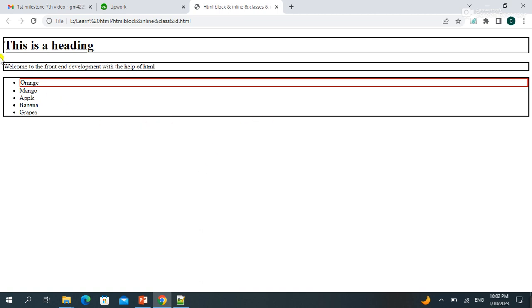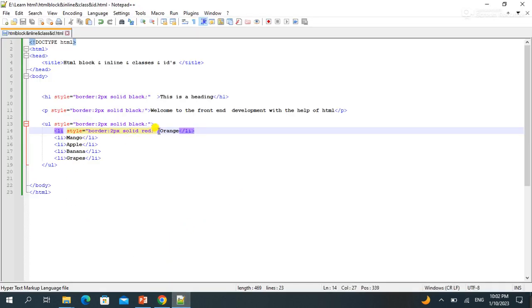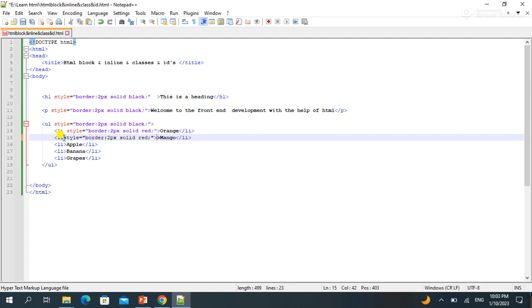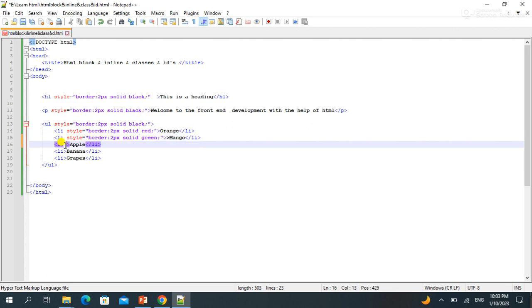Now you can see inside unordered list we have red color border that started from this bullet and contains total width inside the unordered list. It is also a block level element. If I set inline styling to other list items with different border color like green, set apple text list item color to